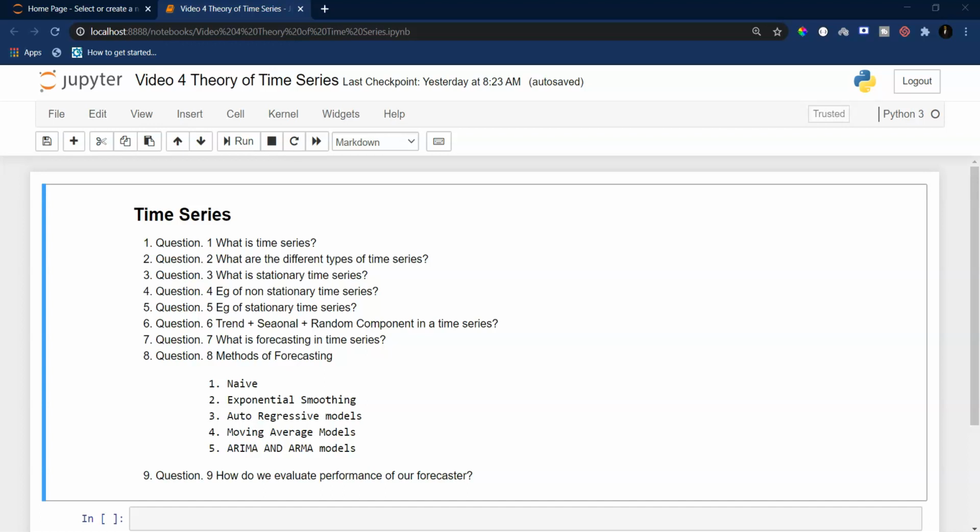Okay, so in the last class, I discussed time series and the types of time series, and I discussed one of the most fascinating concepts in time series, which is known as stationary time series and non-stationary time series. Now it turns out that the analysis of time series gets really easy when your time series data is stationary. And if it is not stationary, then there are methods which can turn your non-stationary time series into a stationary time series.